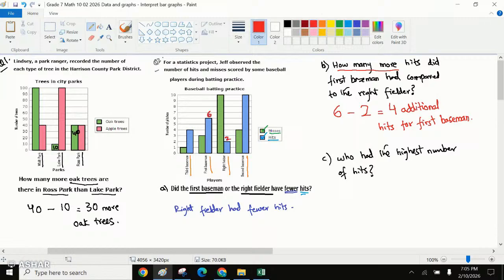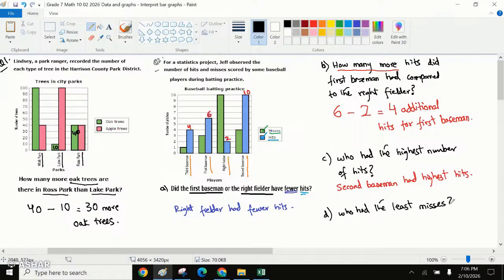So we can look over here that the number of hits were 4 and the number of hits were 10. So can we say that the second baseman had the highest hits, right? Or if we change the question, we can say who had the least